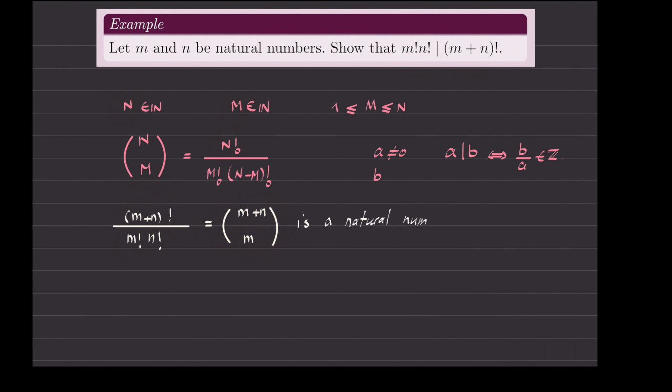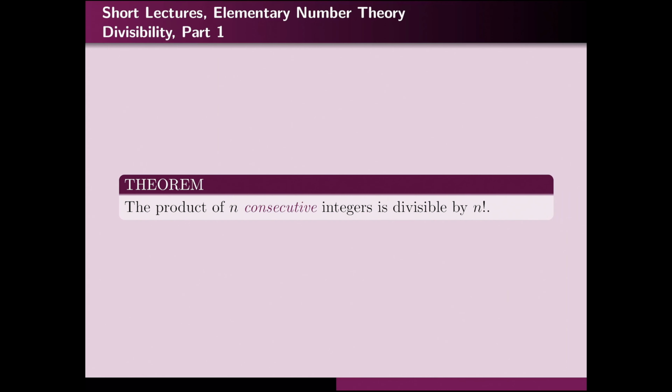And we are done. Yes, so I was able to show that if I divide the right hand side by the left hand side, this fraction is a natural number. So this means the right hand side is divisible by the left hand side. As I told you before, we will be able to solve this problem only using number theory theorems, but we haven't reached that level. But I just want you to do it right now in this way.